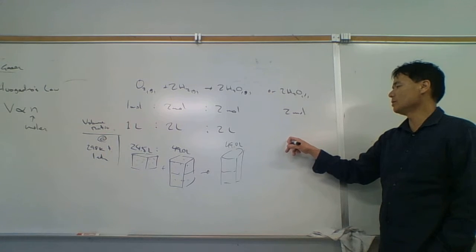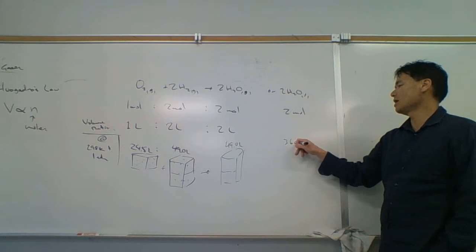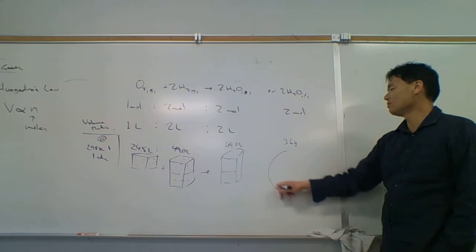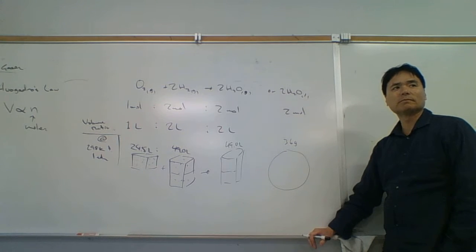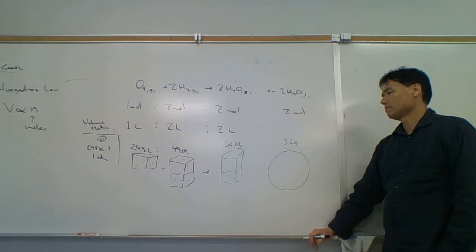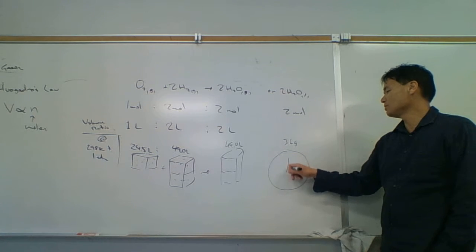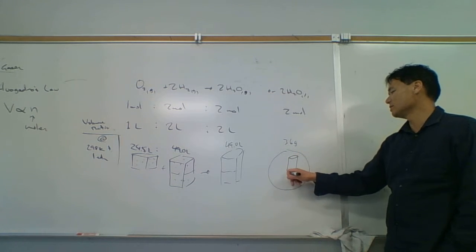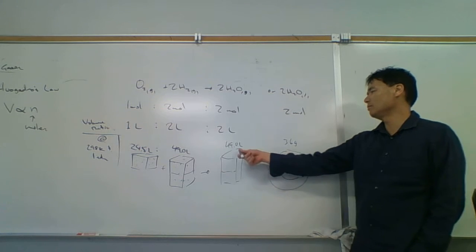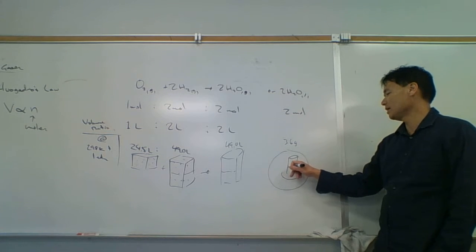Water is 18 grams a mole, so this is 36 grams of water. 36 grams of water occupies how much volume? 36 grams of water occupies 36 milliliters. So rather than getting 49 liters, we're only going to get 36 milliliters